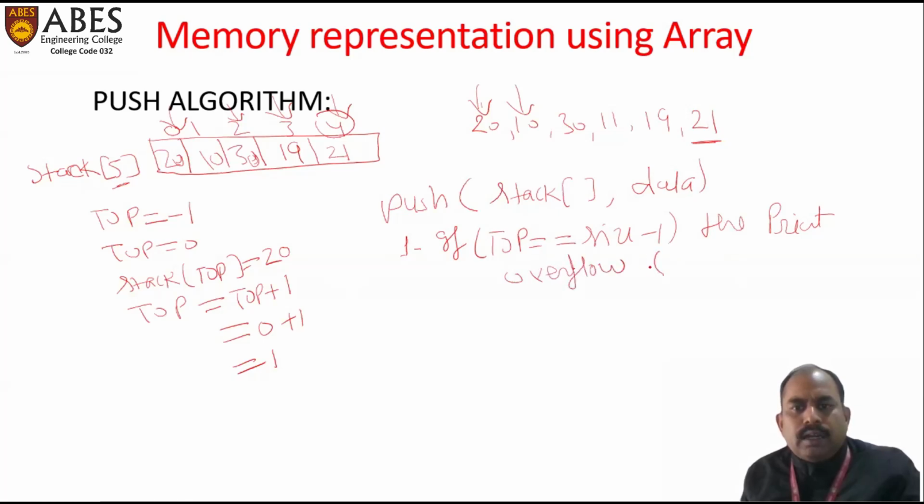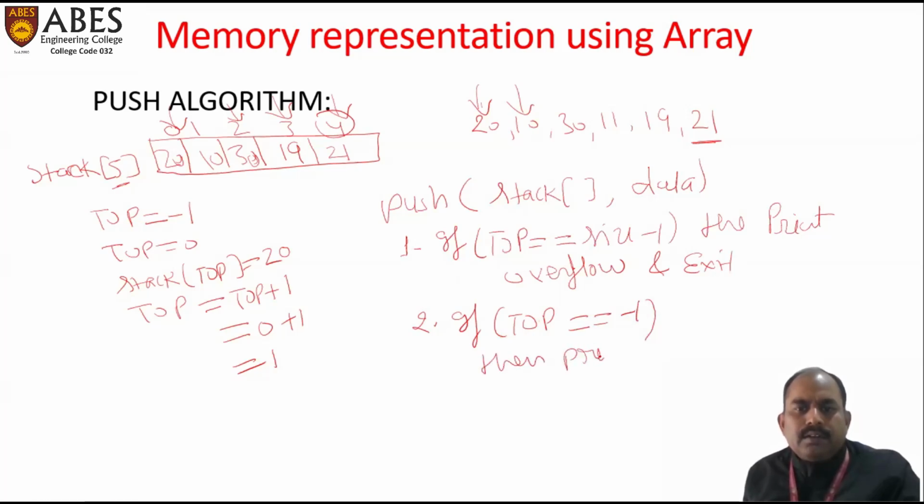Overflow and exit from it. In the second step, we see if the stack is empty, then insert the first element. So if top is equal to -1, then print, then set top is equal to,